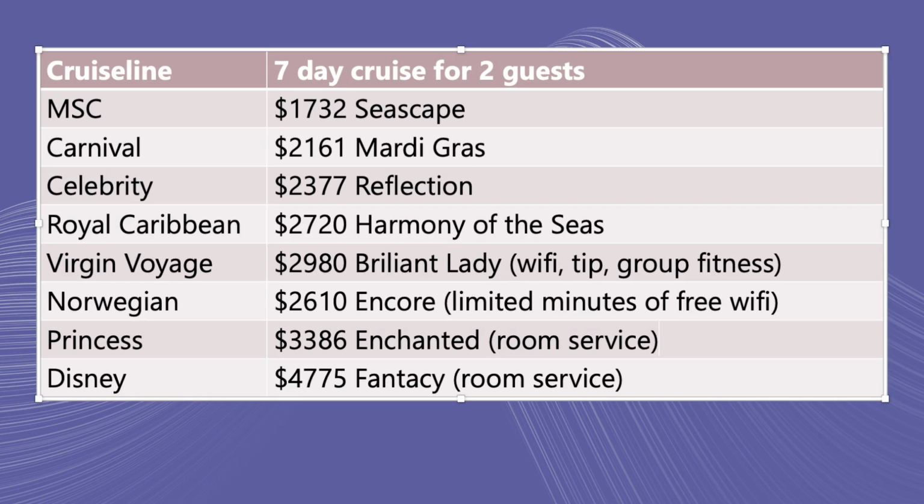Alright y'all, after trying to book a cruise vacation with 8 different cruise lines that sail from America, I think it's time to compare them. Here I listed the price for a 7-day cruise for 2 guests, and also their cruise line and the ship that I found. So please note that the ship sizes and accommodations are definitely different, and what's included in the package